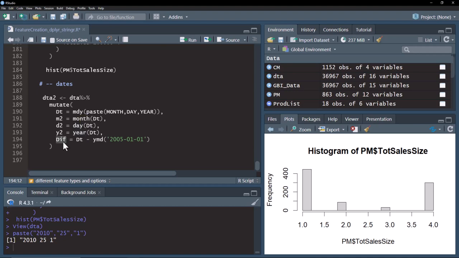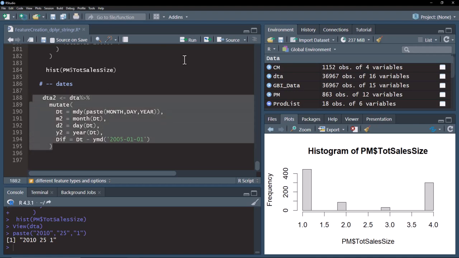So here I'm going to do the difference between the date that there currently is, and then notice here I'm going to do year, month, day, and my input is going to be 2005-01-01, so January 1st, 2005. So what is the difference between the current date and this 2005 date? So run this,